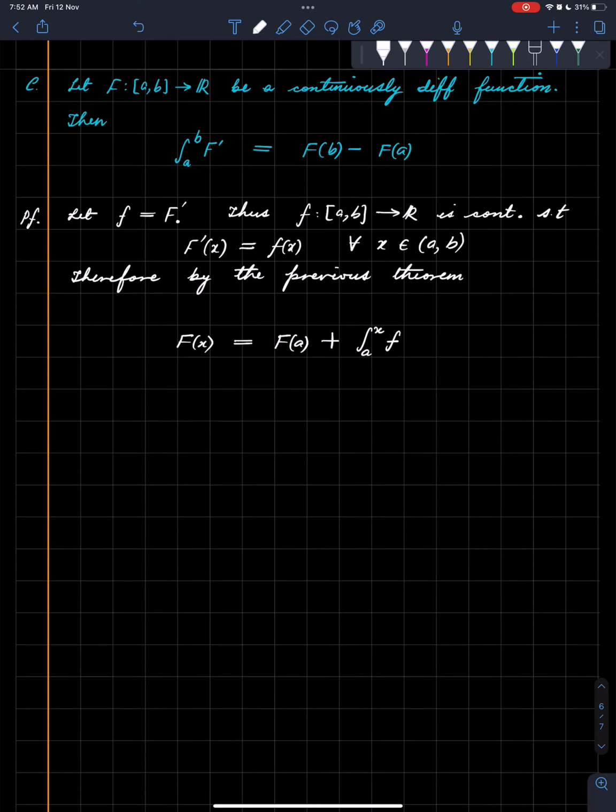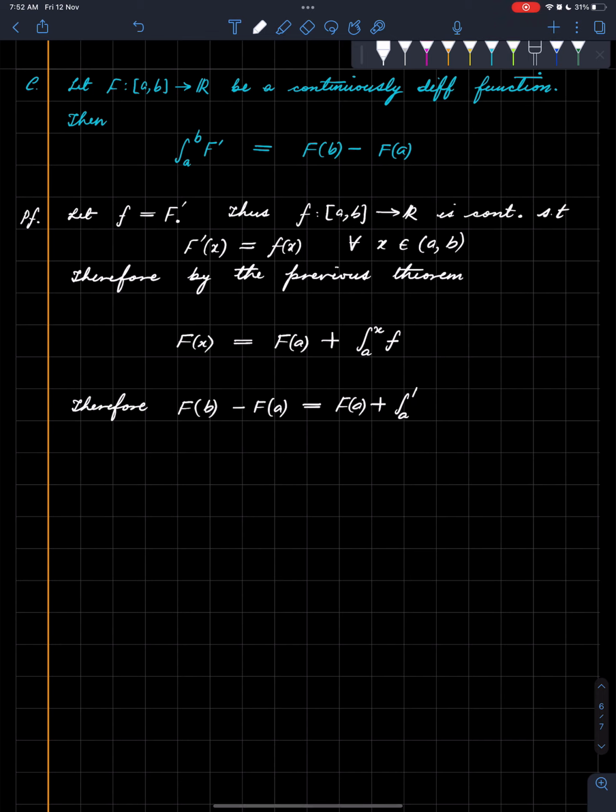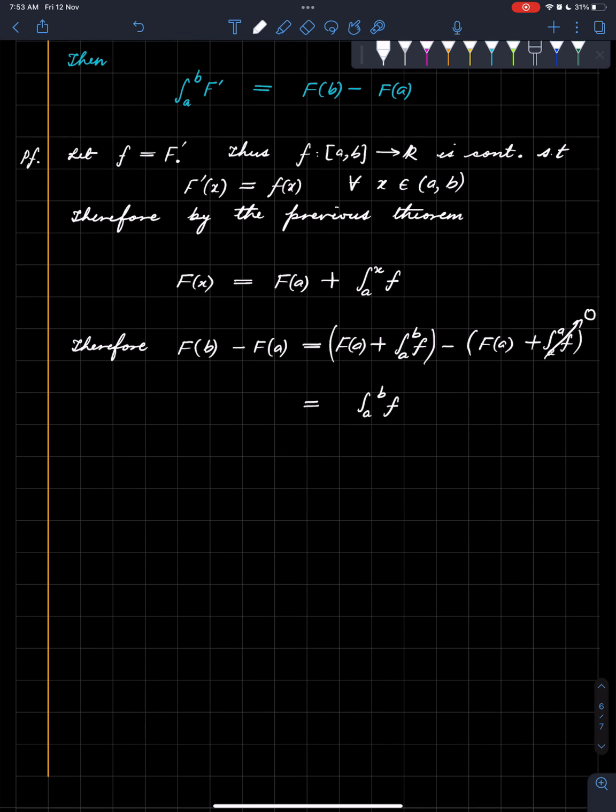Right. So therefore, f of b minus f of a is f of a plus integral a to b little f minus f of a plus integral a to a little f. This is 0, and this gives us integral a to b of little f, because that cancels out. Okay, so f of b minus f of a is that, but what is at the same time